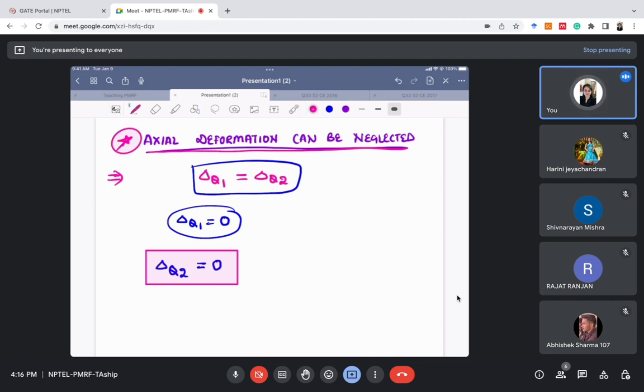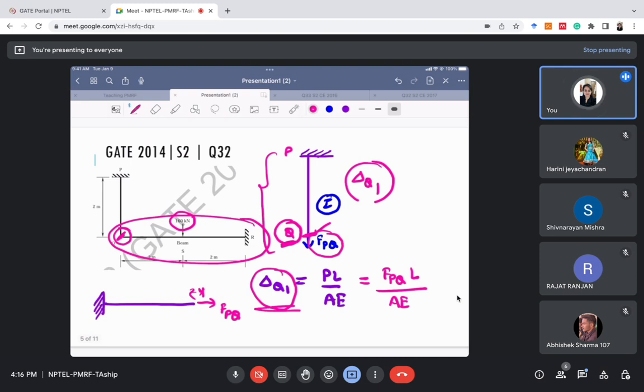These are some of the different problems you can get in GATE. Either they can write that the member is inextensible, which has the same meaning. Inextensible means it cannot extend axially, so this point Q cannot move anywhere. It is as good as a support. Even if they remove this member now,